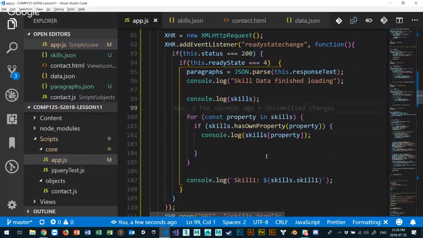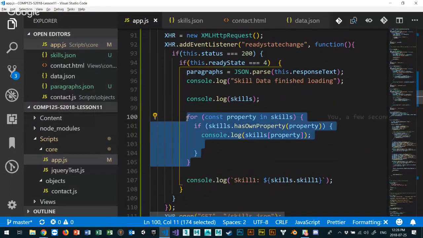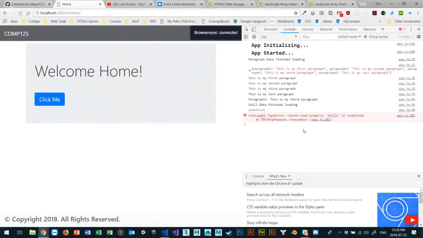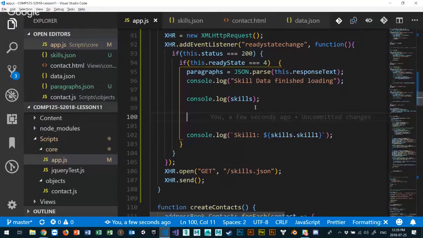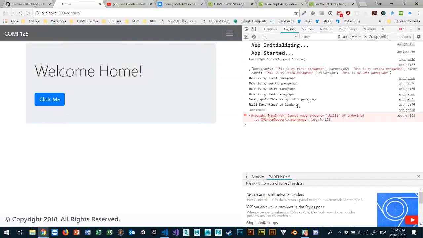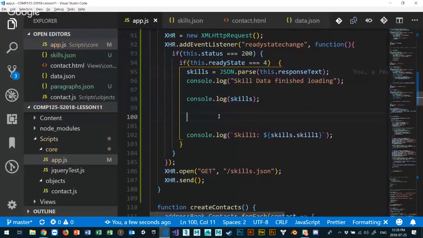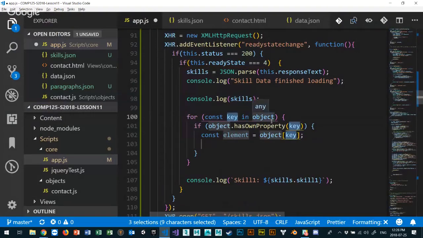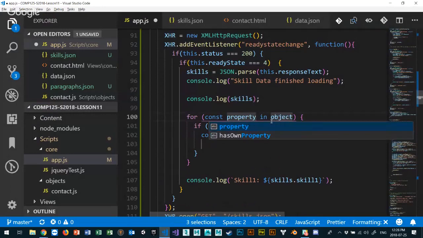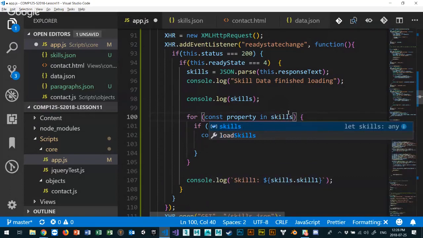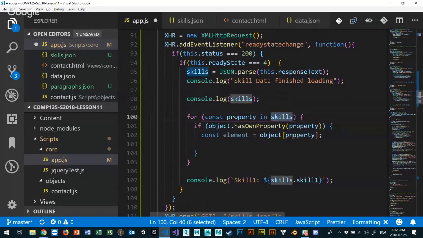I might as well just do another for each, a for in, because that's what's messing me up. But if I did this, that should still work. Let's see if that works. Skills, skill. Did I not load the skill in there? Oh, aha. Right, and now I can do that for in, and again, it's going to be the property of the skills array, my skills array. So there's my skills,